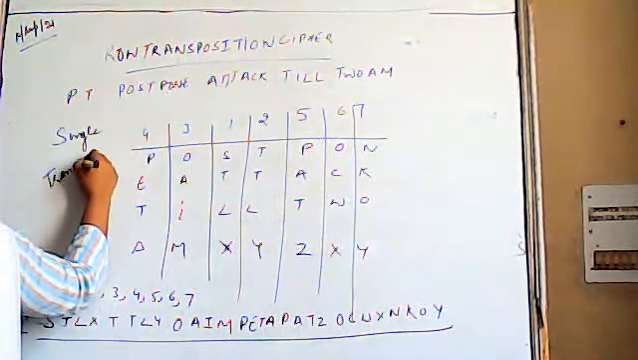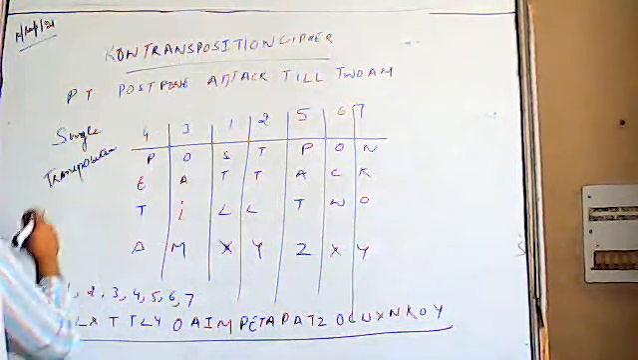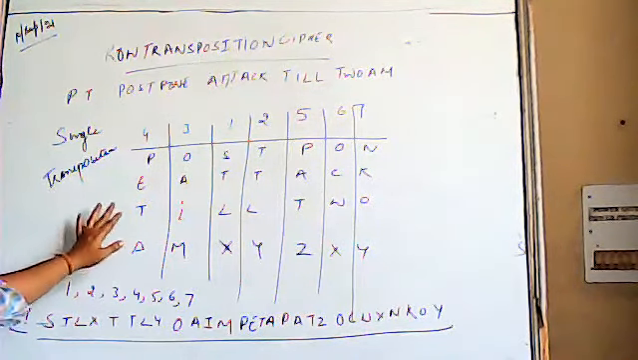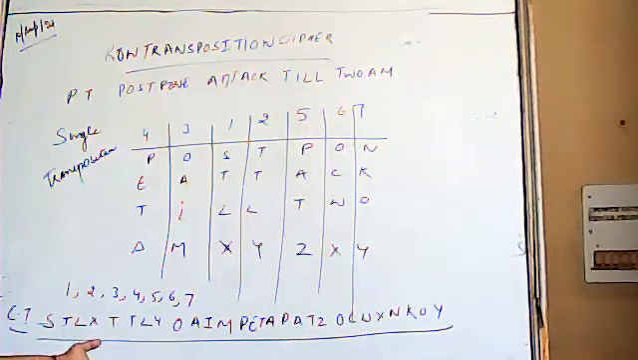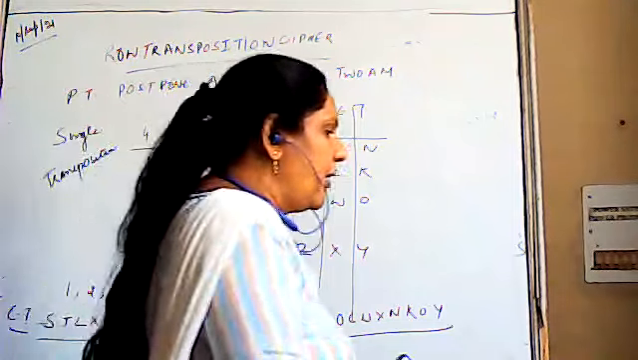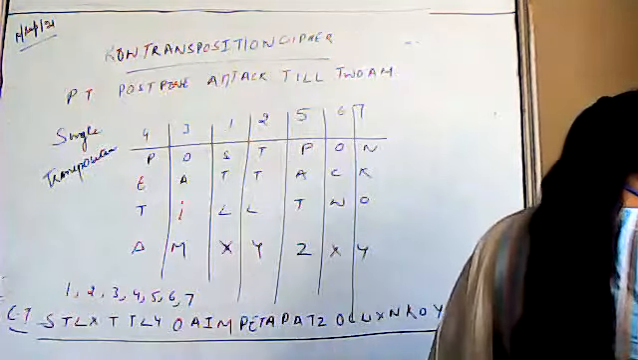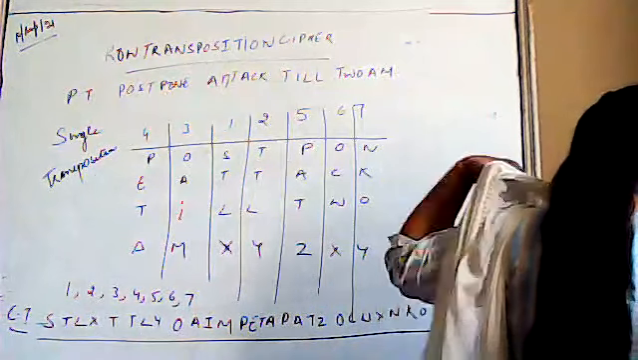This is called single transposition cipher, where the rearrangement is done using the columns and the columns are read in the sequential manner. This is how it is being done. Okay. You can further